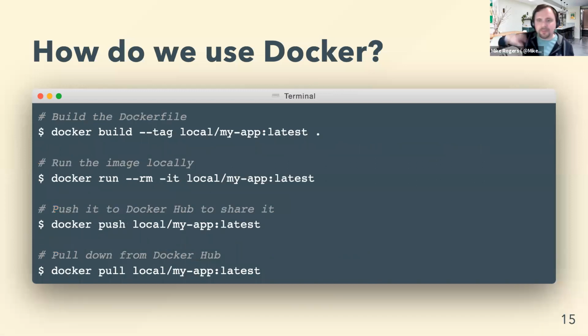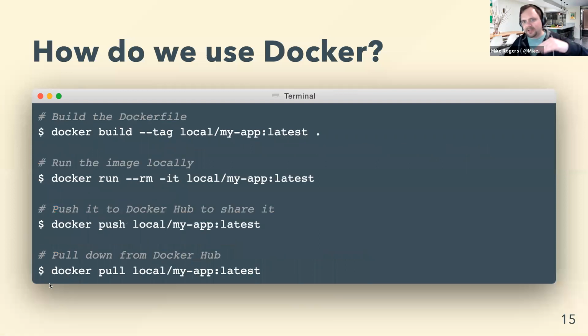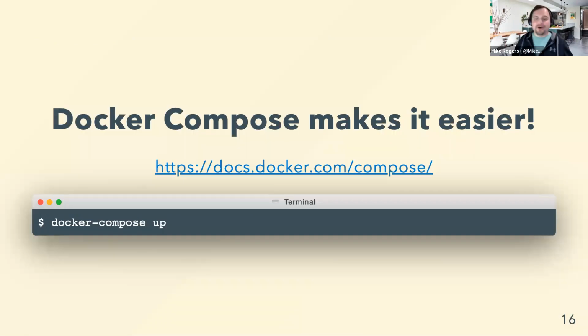And I mentioned you can push stuff up and down. So if you want to build this Dockerfile, you go into the directory and run docker build --tag local/myapp:latest. That's going to build that image. It's going to go through each one of these steps and build you an image at the end, and then you can just run it locally using docker run, and you just put the image name you just tagged above it. And then you can obviously push and pull it as well to Docker Hub. So I could push it up, and then my friend can pull it down, which is just so cool. It's so cool. But it could be easier.